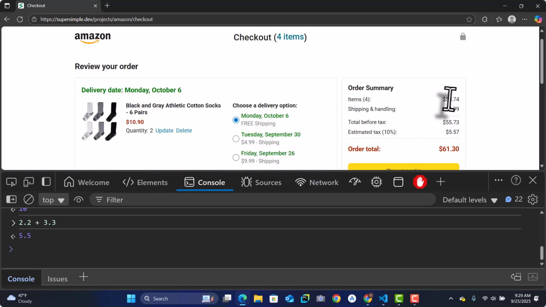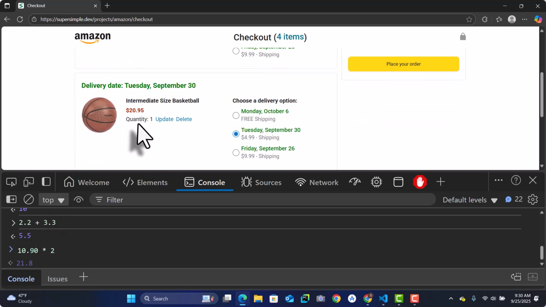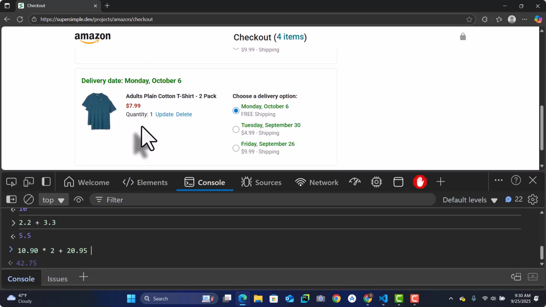Okay, so let's calculate this number that we have here. So we have $74, and to do that I'm going to go here and I'm going to add first the socks. We have 2 socks, so I'm going to type here 10.90 times 2, because we have 2. I'm going to go down here and I'm going to type plus 20.95, and I'll go down here and I'll type plus